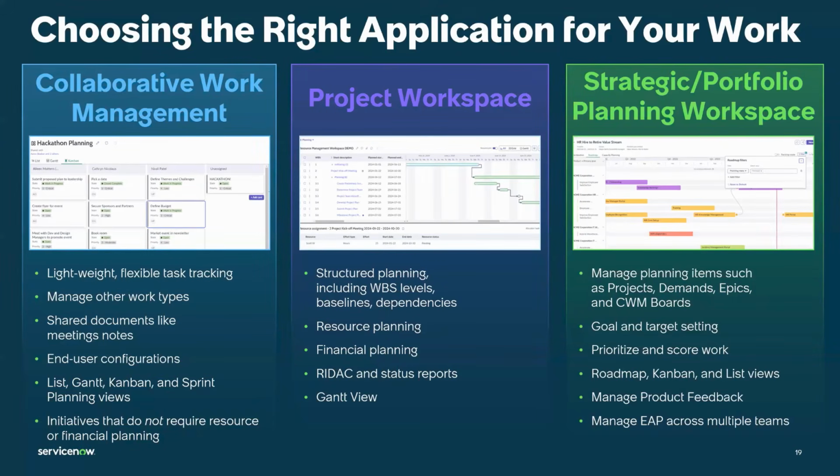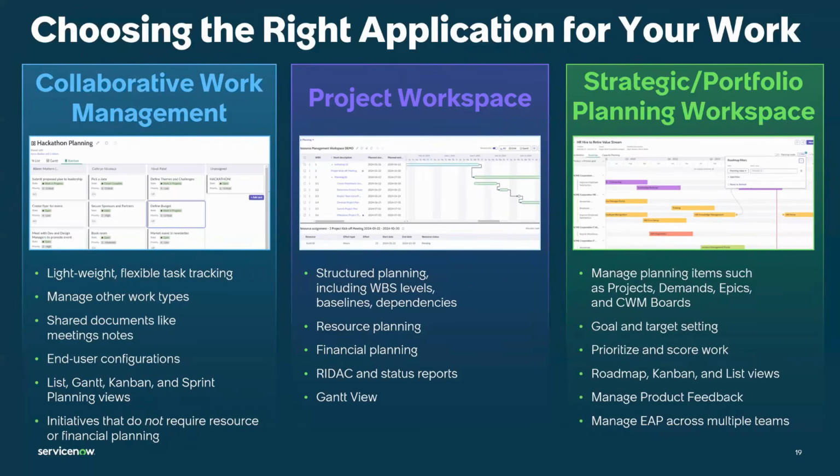And these are more for work that does not require resourcing or financials. Project workspace is more meant for the structured work where you do require resourcing and financials. You want to build out your WBS levels, dependencies, have RIDAC and status reports,